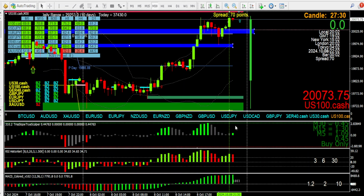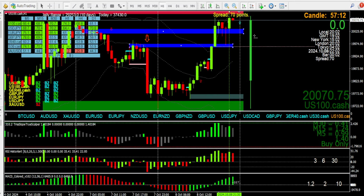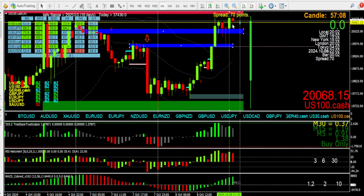In fact, M30 was grey there and not flickering, but look, it's turning green there. That's another thing I need to study. But as you can see now, the H1 is pulling back on itself, as expected. It's broken a level of supply and demand, the open and close there, and hey presto,